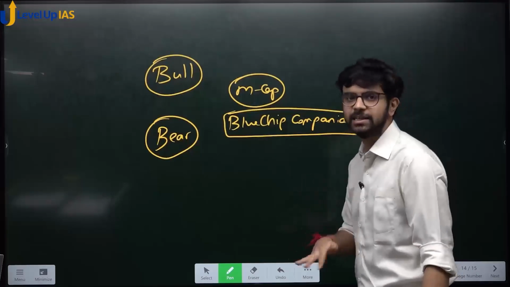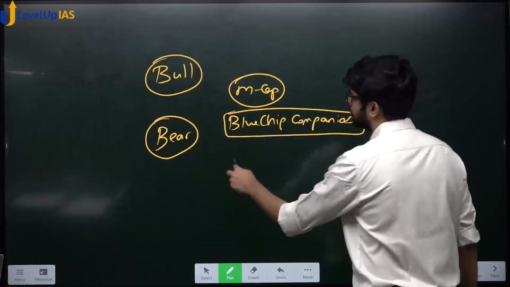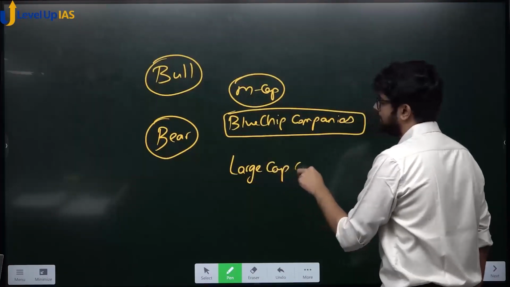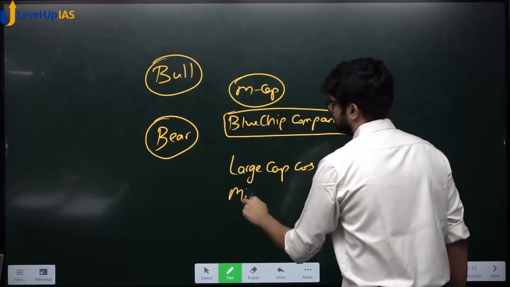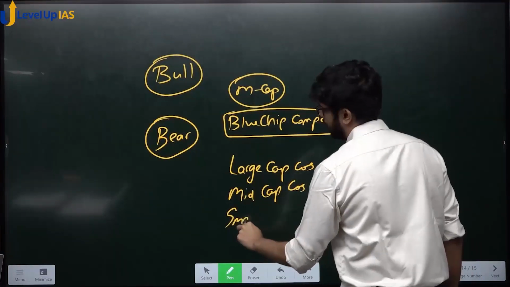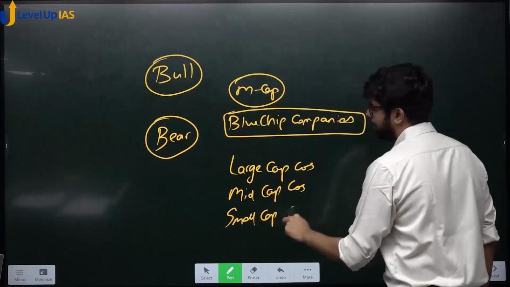SEBI classification है. There is a SEBI classification and all. Three way classification होता है: large cap company, mid cap companies and small cap. Cap मतलब पता चला क्या होता है अभी? Cap means